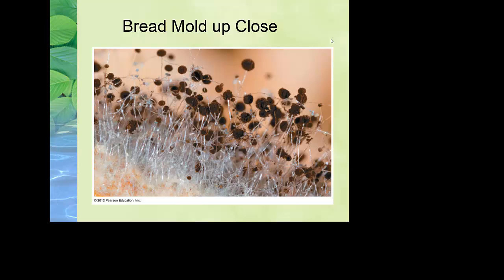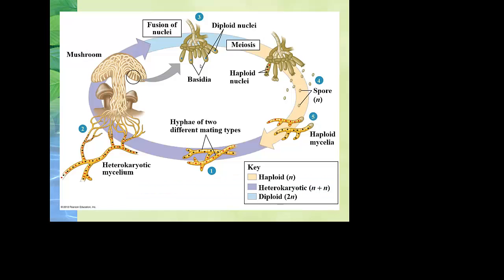If you actually took that slice of bread at home that's growing a little bit too much mold in your kitchen and looked at it up close, you'd see these nice long filamentous structures and then these balls. These balls are covered in spores, so they're like a mushroom. Okay, so their job is reproduction, and they release spores to spread that bread mold to the rest of your loaf of bread and potentially to the rest of your kitchen if you're not careful.